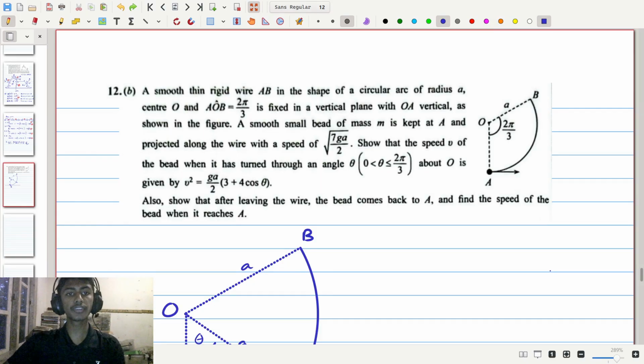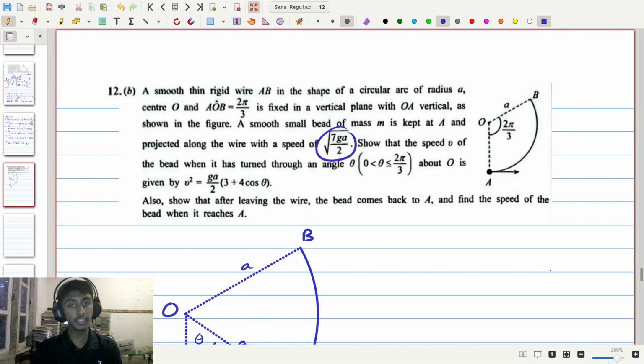Part B says, a smooth, thin, rigid wire AB in the shape of a circular arc of radius a, center O, and angle AOB equal to 2π/3 radians is fixed in a vertical plane with OA vertical as shown in the figure. So in the figure we can see it is like this. A smooth small bead of mass m is kept at A and projected along the wire with a speed of